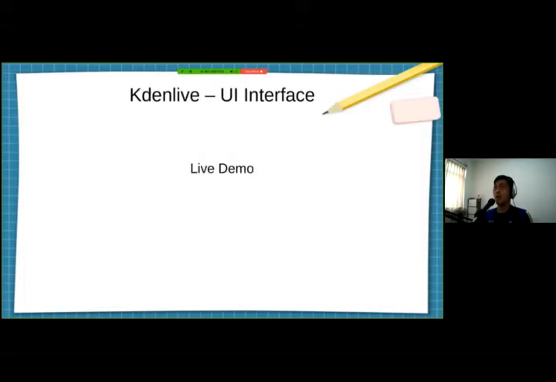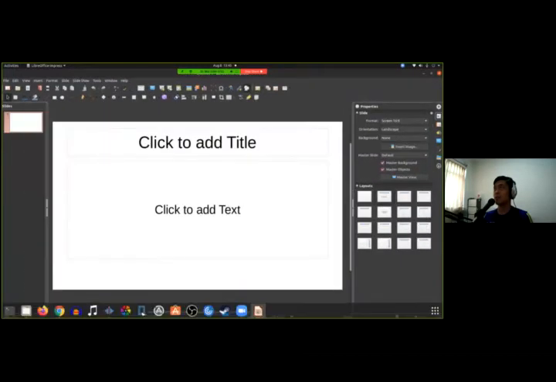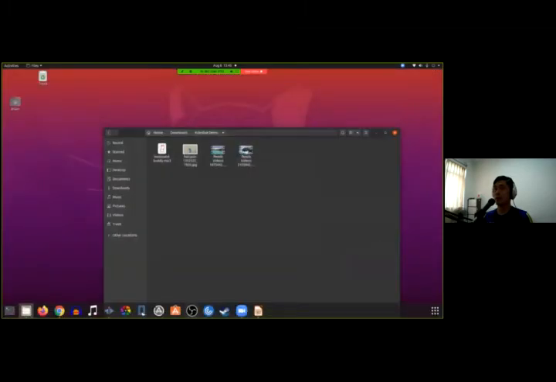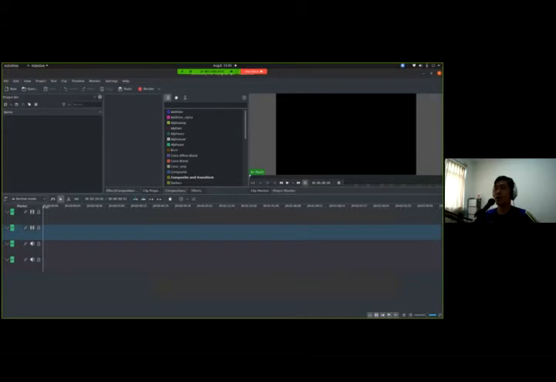Okay, with that, let's start with the UI. So let me launch my Kdenlive. If you're familiar with or have seen any video editor, it will be very similar. There will be one area, this part, wherein you'll be able to put in your different sources: videos, images, sounds,